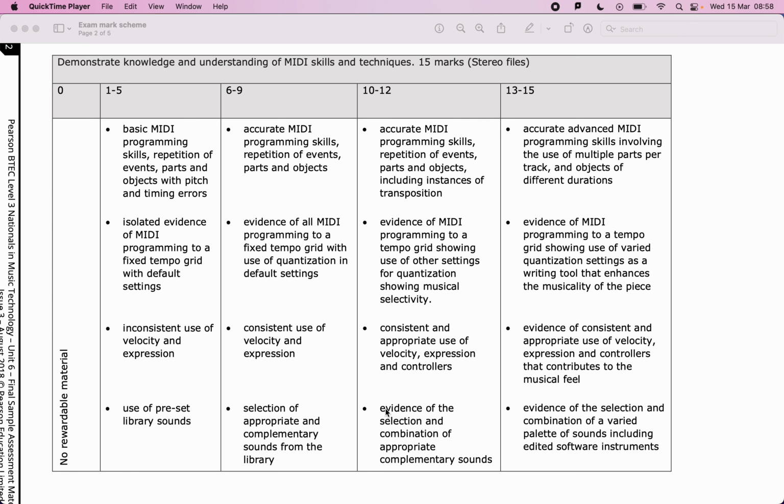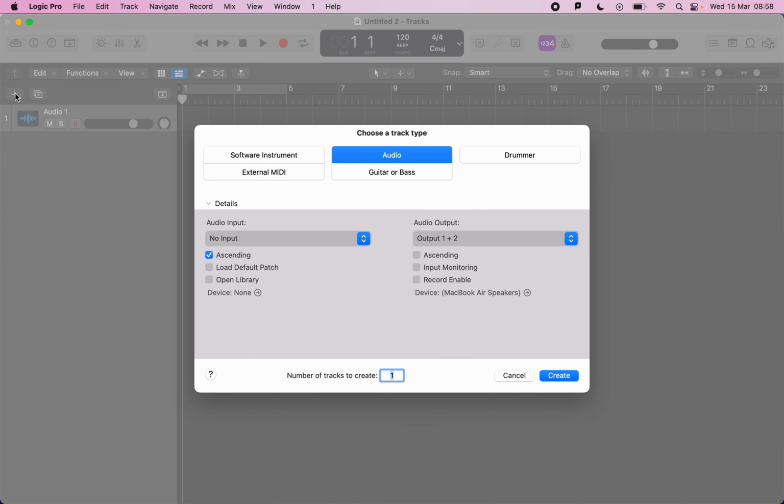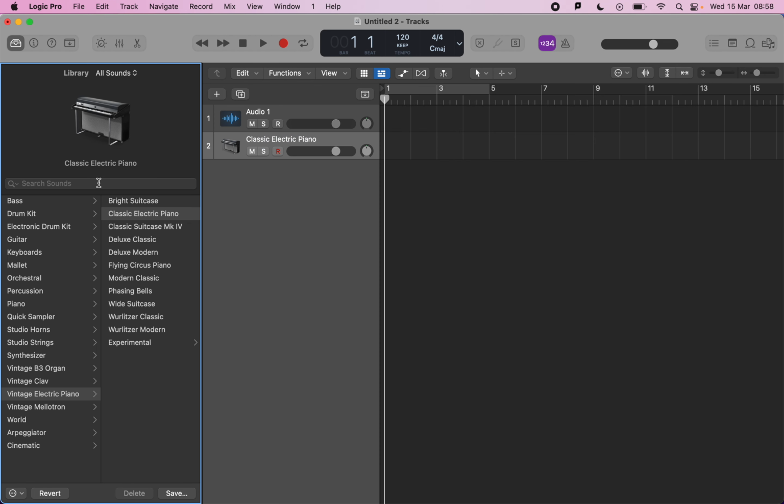So I'm going to start with the bottom row, which is use of preset library sounds. A preset library sound is just a software instrument that's already been pre-made. So if we had a pre-made software instrument and then we look in the library, we can find a sound. So if our song requires something to be energetic, we can pick instruments that fit that, whatever that means to you as a composer. So I'm going to go with a synthesizer,